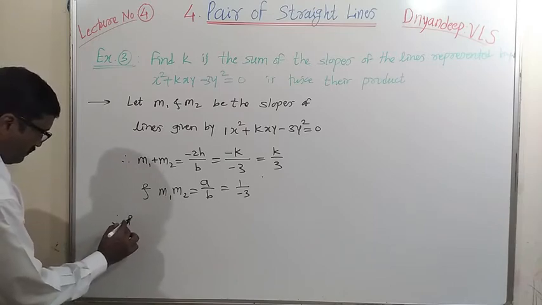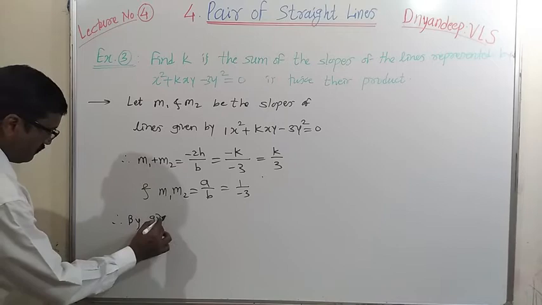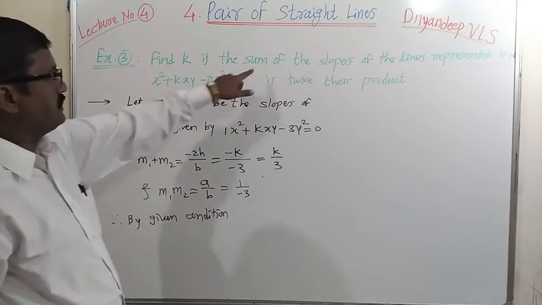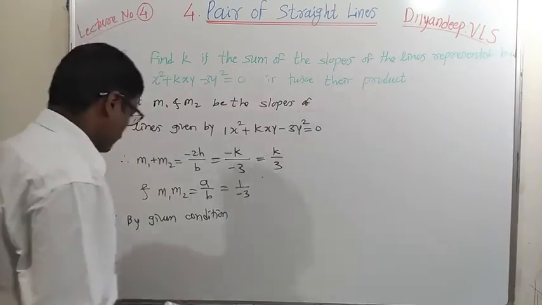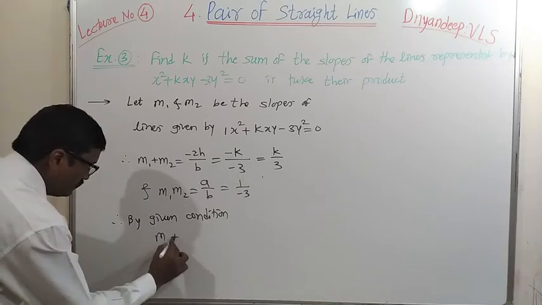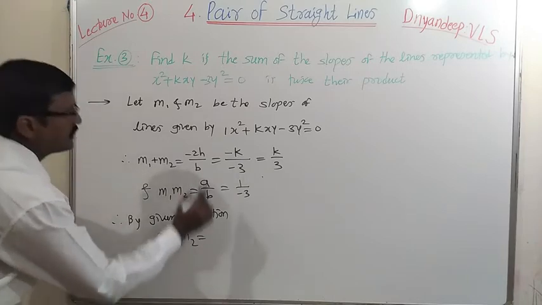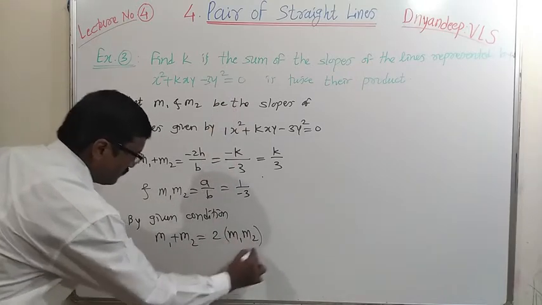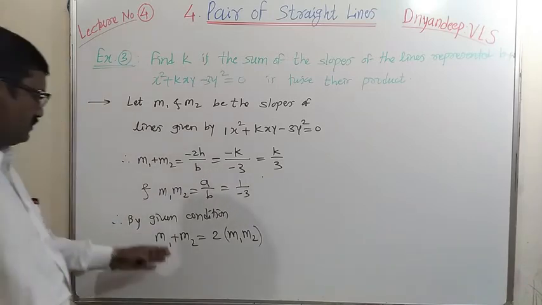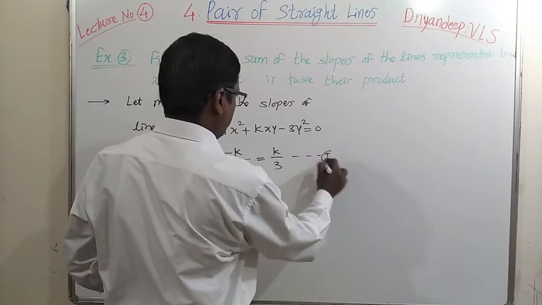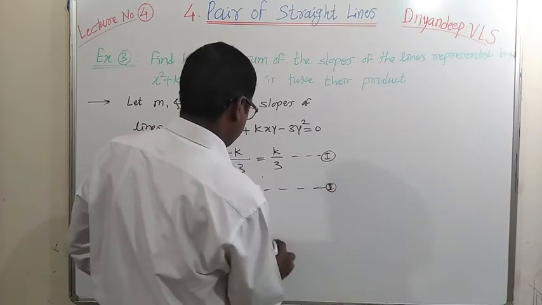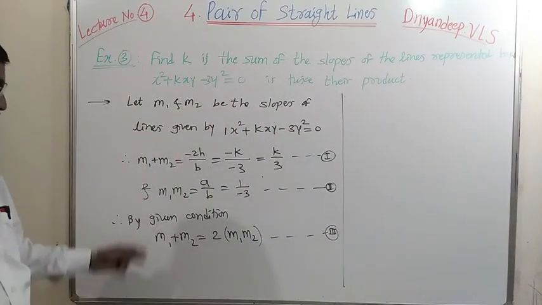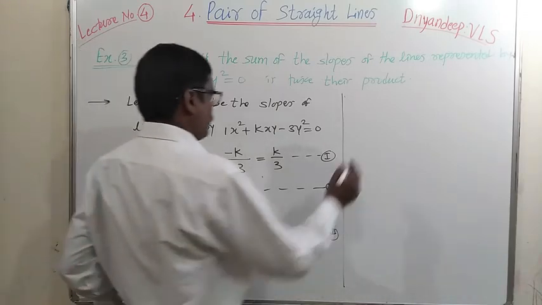Therefore, by given condition, what is the condition? Condition is the sum of the slopes is twice their product. Therefore, by the given condition, m1 plus m2 is equal to 2 times the product, that is 2 into m1 m2. That condition is given. So put these values in this equation, using the values from equations 1 and 2 in equation 3, we get